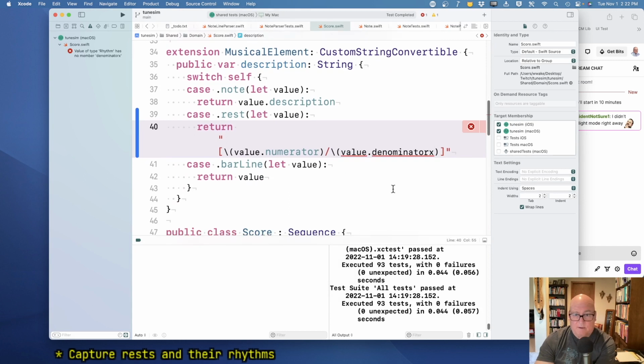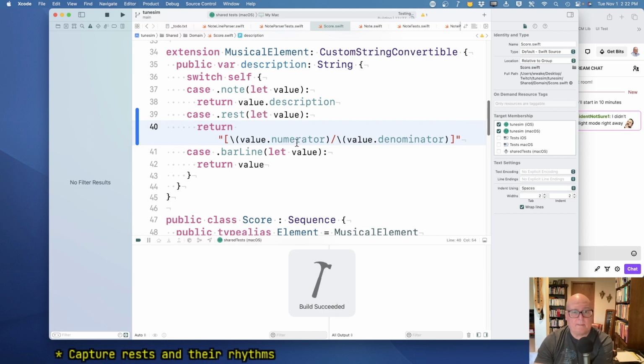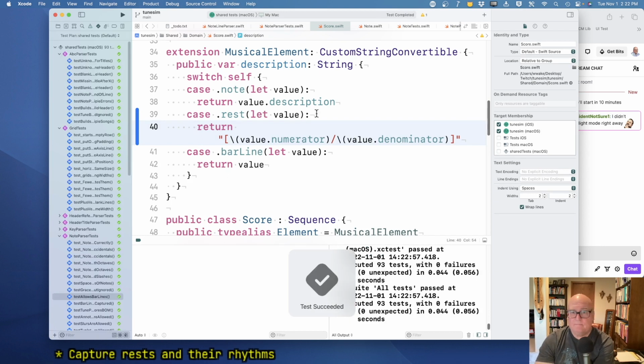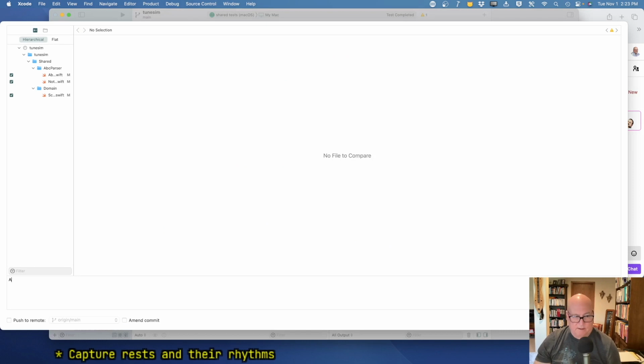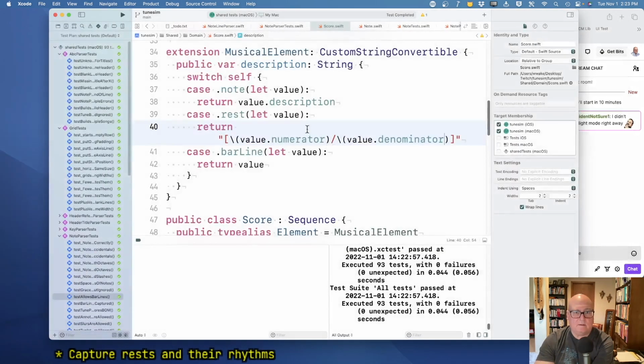Well, yeah, you can't type an arbitrary X in the middle of your file. Okay, good. Good. Okay, so add rest to musical elements. All right, and now